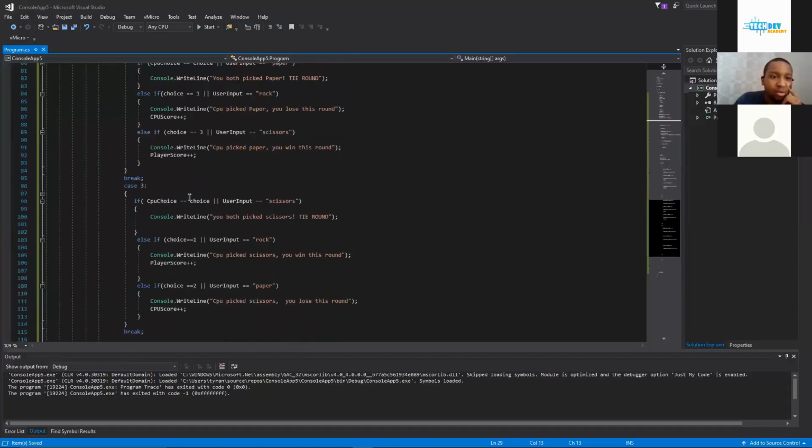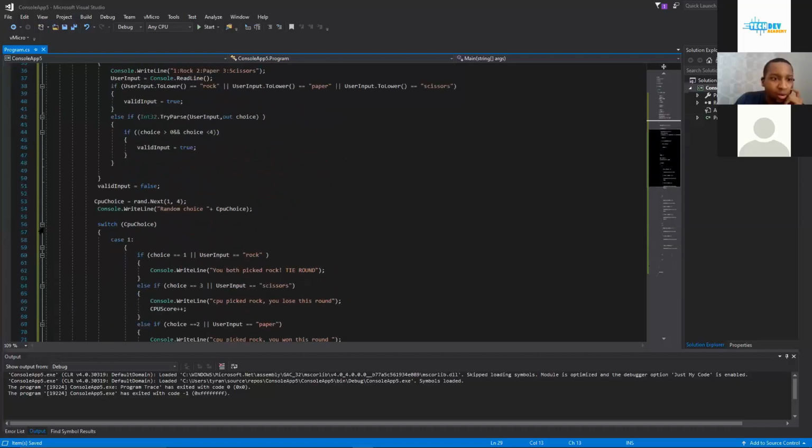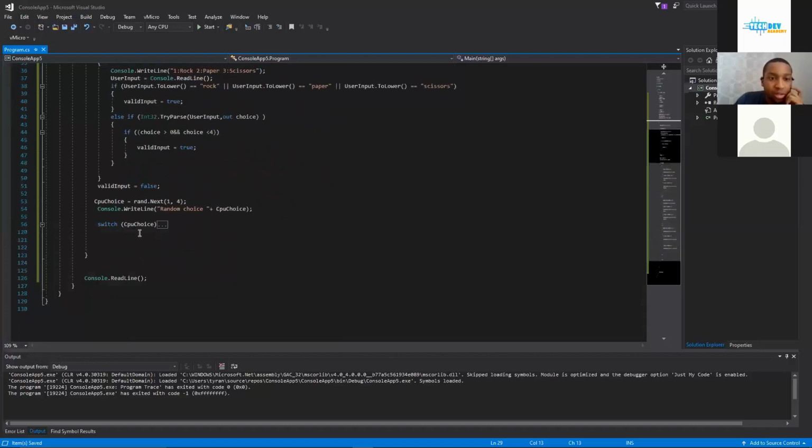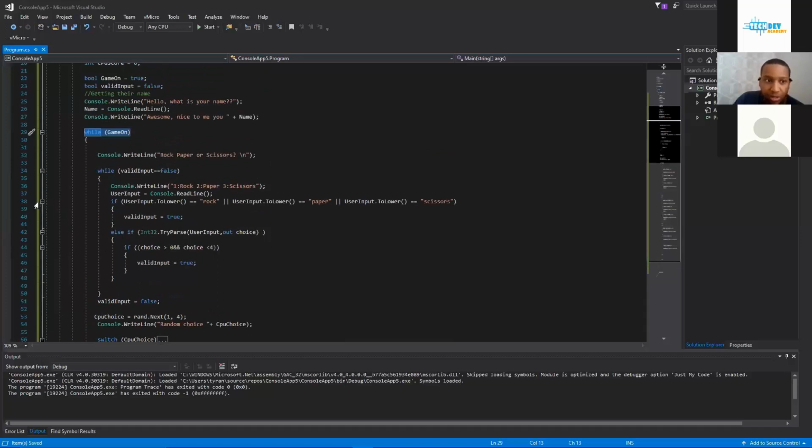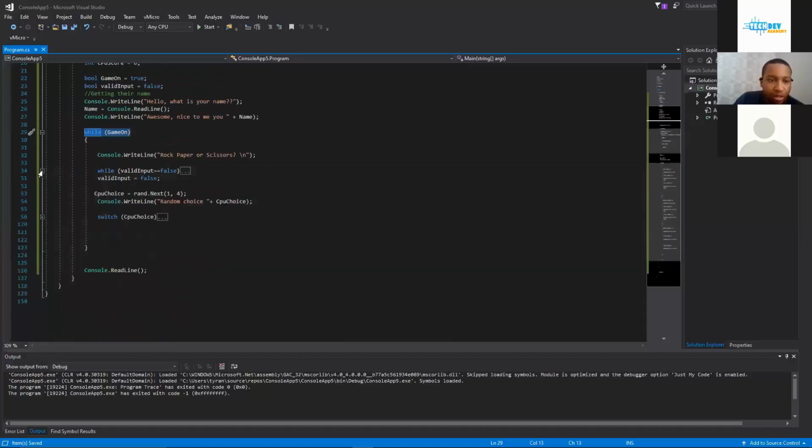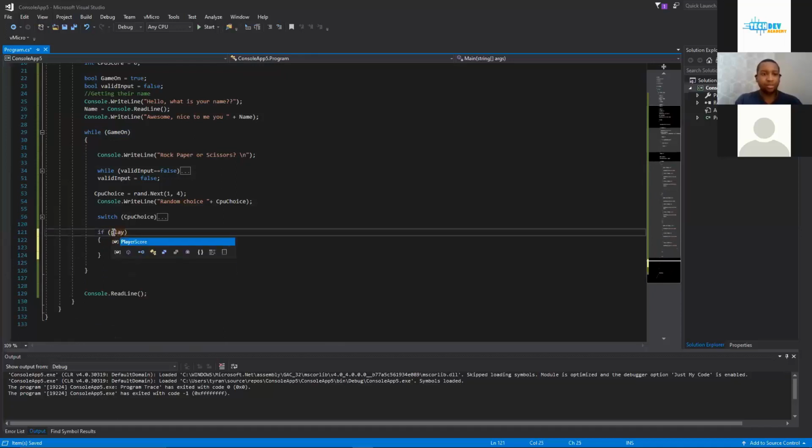So if game on, what another cool thing about Visual Studio, we can close this. So we know our case statements work, or at least we assume they do. So we can close out all things we're not using. Okay, so switch this. And then after the switch statement, if player score is equal to, give me just 2 seconds and then we'll finish it up by fixing your code and things of that nature, okay? So if player score is equal to 3,